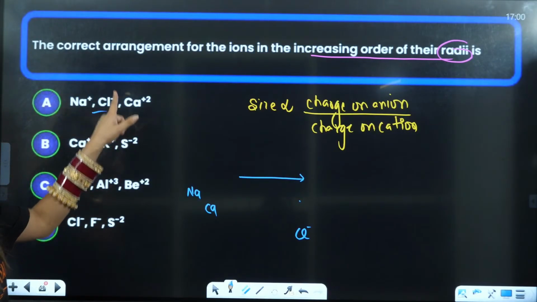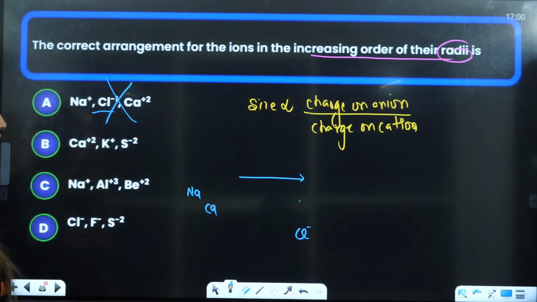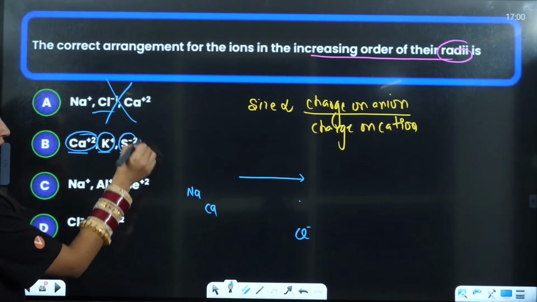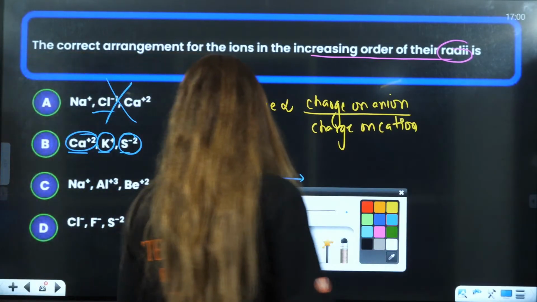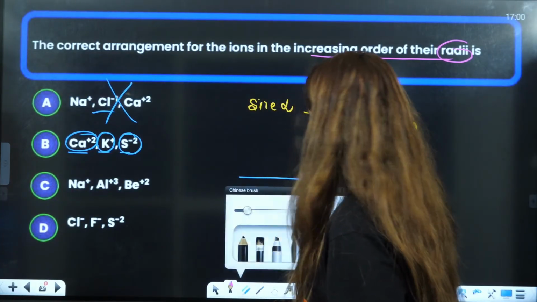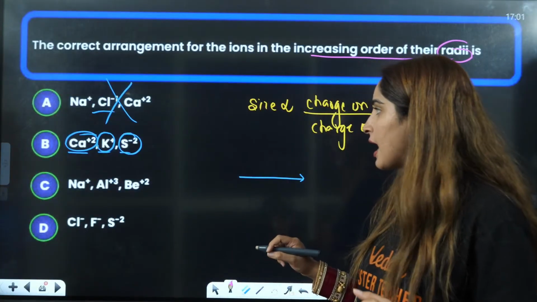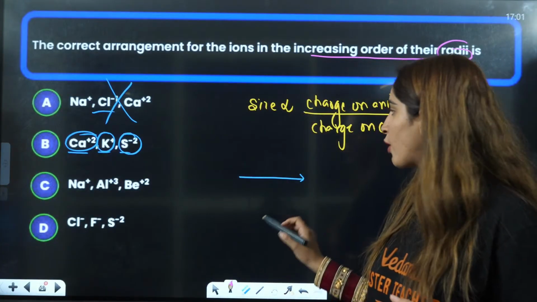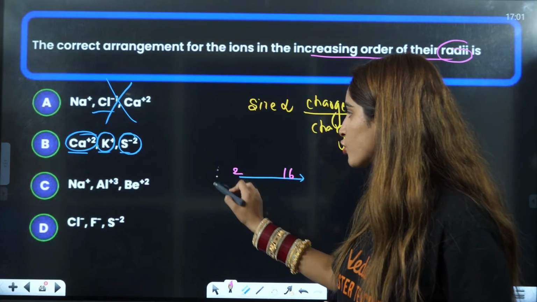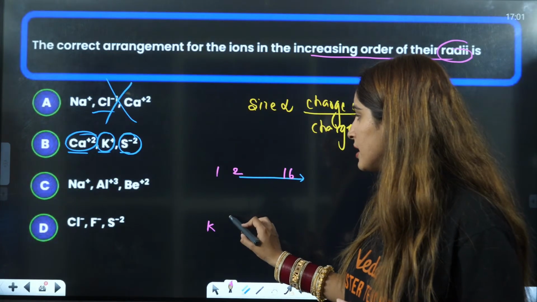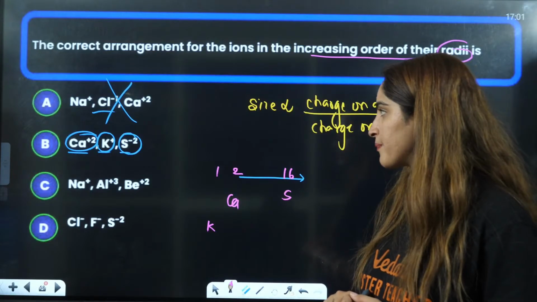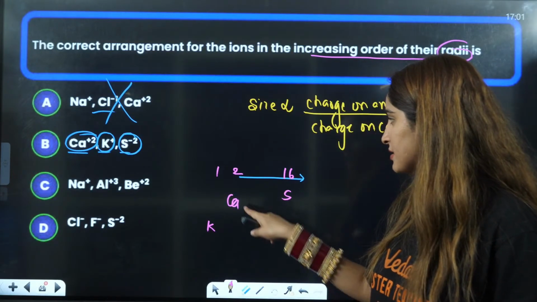Okay, because Cl is going to be maximum, so that cannot be the correct answer, right? Ca2 positive, then you have K positive, that means S2 negative is the maximum here. Again, if we write the correct order of the sizes, sulfur belongs to group number 16, this belongs to group number 2, this belongs to group number 1. Potassium is somewhere here, calcium is somewhere here, and sulfur is somewhere here, right? Okay, sulfur 2 negative, this is increasing,